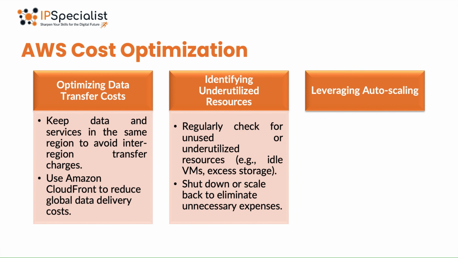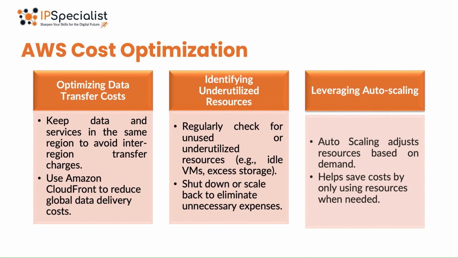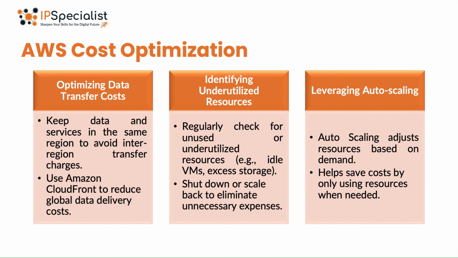Leveraging auto scaling for cost efficiency. AWS Auto Scaling is a powerful tool that automatically adjusts the number of resources that you're using based on demand. For example, if your website gets more visitors at certain times of the day, auto scaling will add more computing power when needed and reduce it when traffic slows down. This ensures that you're only paying for what you need when you need it, helping you save on cost